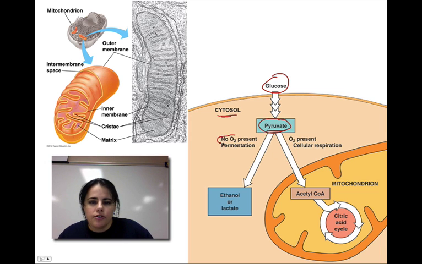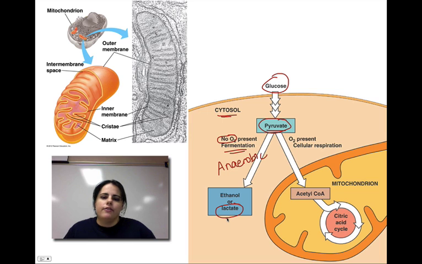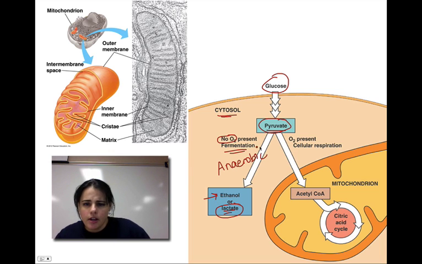If there's no oxygen present, we do something called anaerobic respiration, which is also known as fermentation. That's where you do lactic acid fermentation, where if you ever run and feel burning in your muscles, that's the lactic acid building up. We don't do alcoholic fermentation, but bacteria and yeast do that. This pyruvate, which is a different form of glucose, could also, if oxygen is present, we do aerobic cellular respiration,